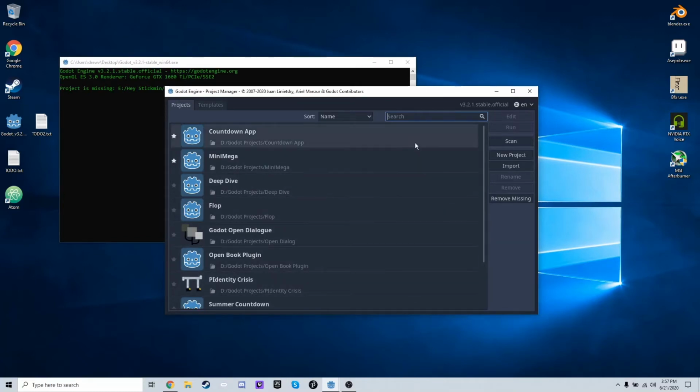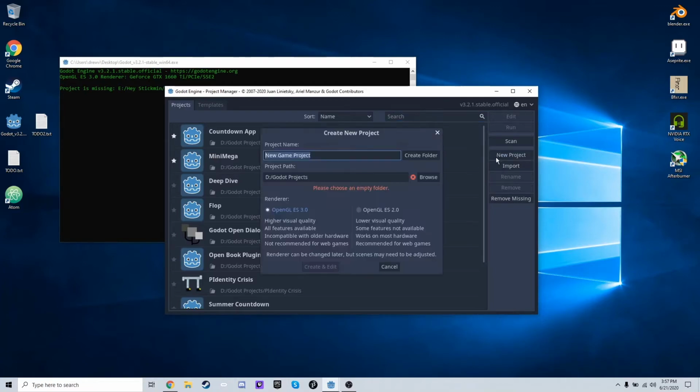but if you're new to Godot, it would be blank, and it would ask you if you want to download examples from the asset library. Just say no, we're not going to do that right now. And then the first thing you want to do is say new project. It gives you a bunch of options. So we're going to say